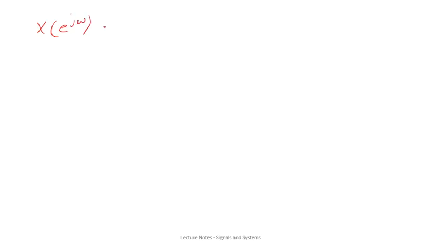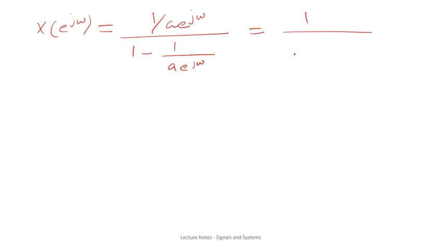So just simplify the obtained expression: 1 upon a e to the power j omega over 1 minus 1 upon a e raised to the power j omega. So this can be simplified to 1 over